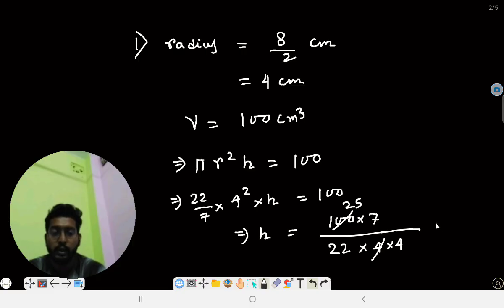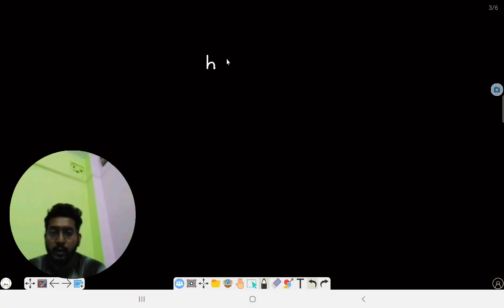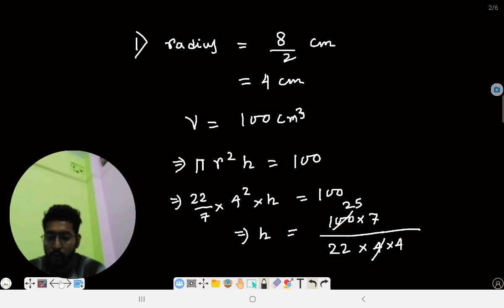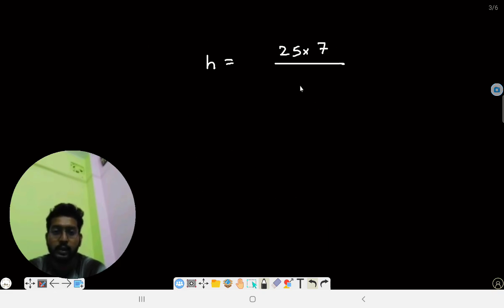So it will be 25 into 7 by 88. So that will be the answer here. The answer will be h equals 25 into 7, and this is 25. Okay, 22 into 4, that is 88. So that will be